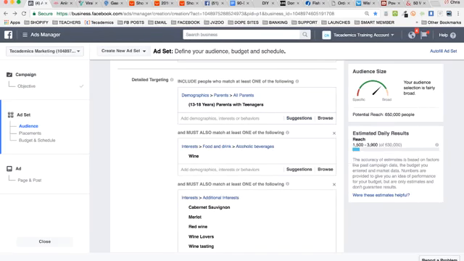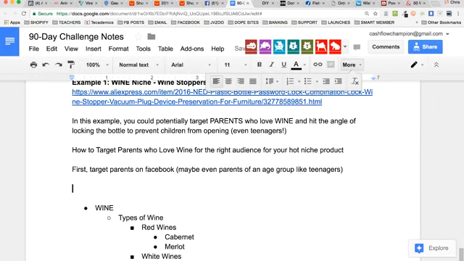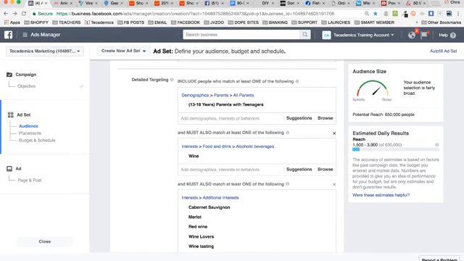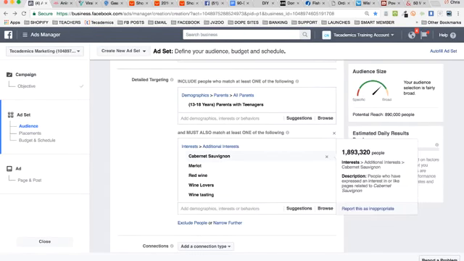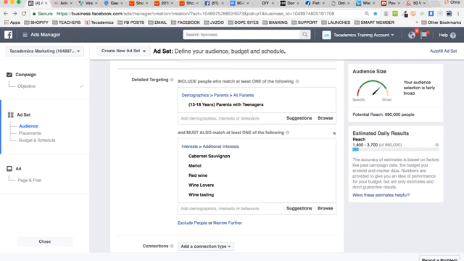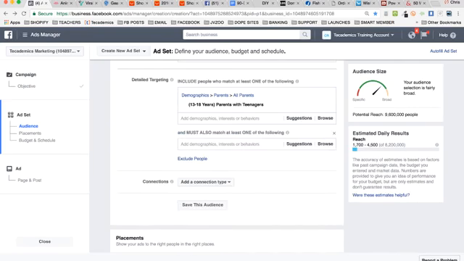So the first thing you do is parents. The second match could be wine. Second, target wine terms by a specific group, such as brands of wine, types of wine, etc. So that's what we'll do right now. We'll go in and say, okay, instead of wine, let me close that one out. Let's go in and do some of those brands. Let's do brands of wine. Okay, narrow the audience by